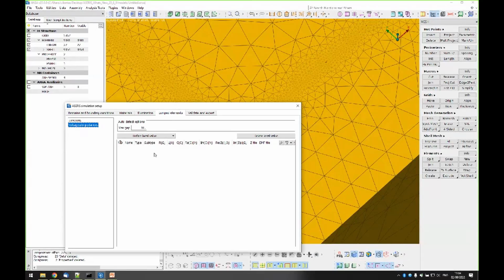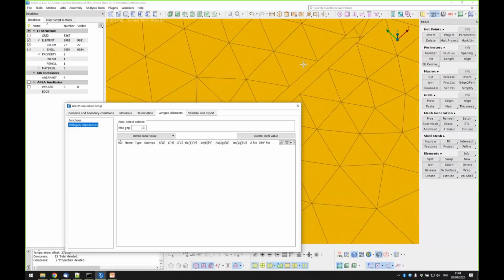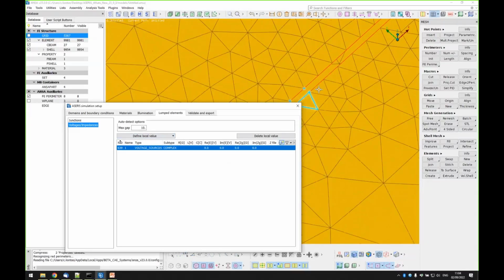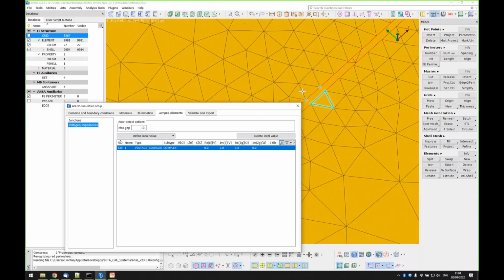Here I can also define voltage sources across these gaps. So I can say, okay, across this gap, I have a concentrated voltage source. For example, I can define a voltage source here. I can either choose one node and middle click, and I have this definition. The definition of a voltage source across a gap is the following. You put the 4 nodes in a set, they are put here, and one triangle in a different set which characterizes the direction of the polarity of the source. But you don't need to know all of this, it's done automatically.